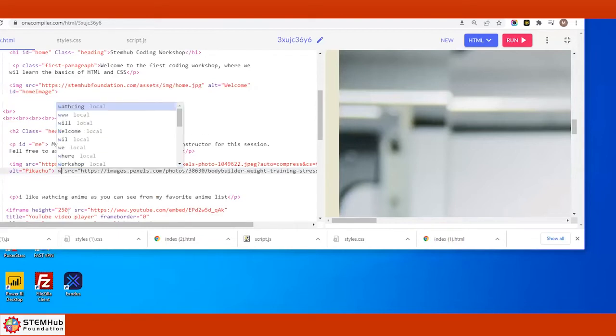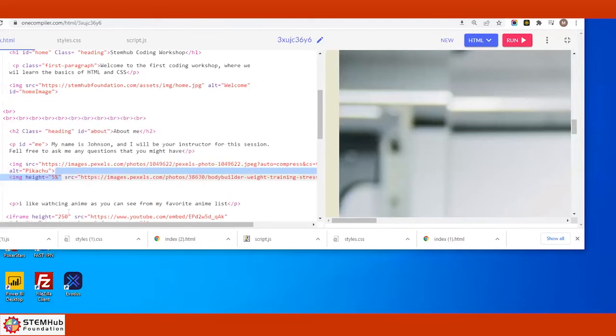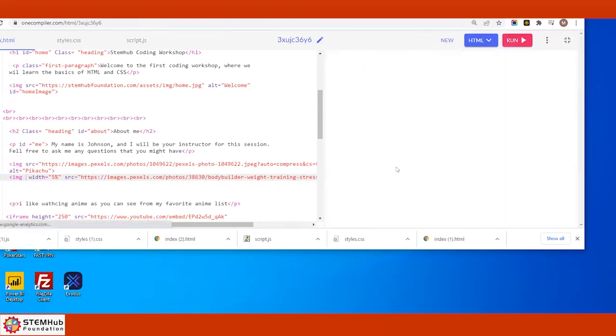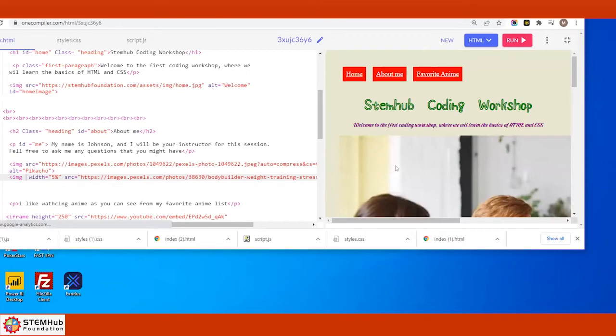And undo. I'm going to try with width as well to see if width works. It's supposed to work with width here. So let me go 5% here and see if that works better. And run and see what happens here. Scroll down.